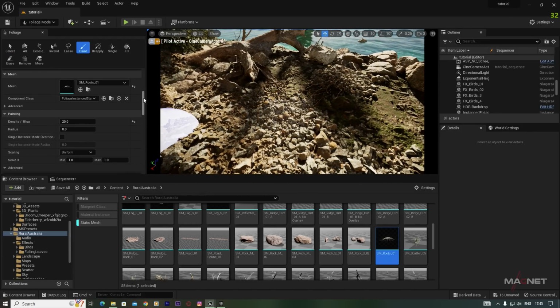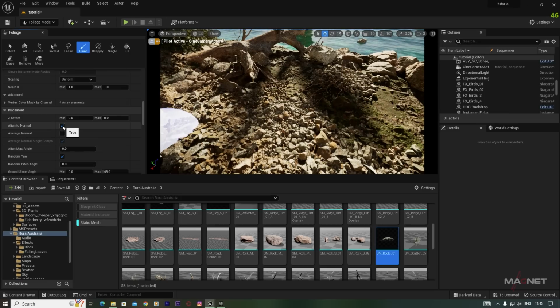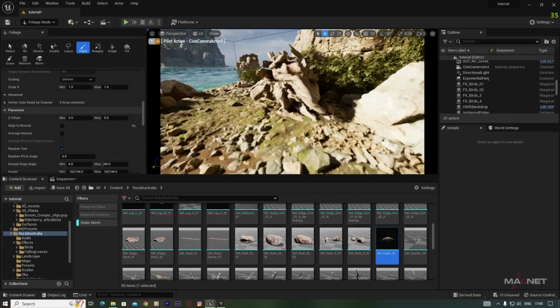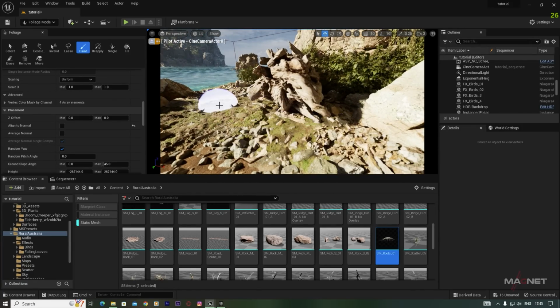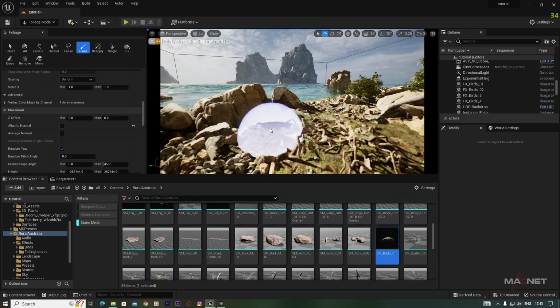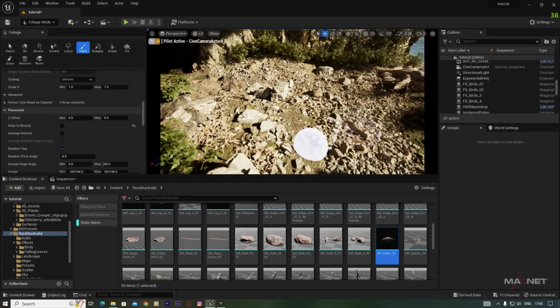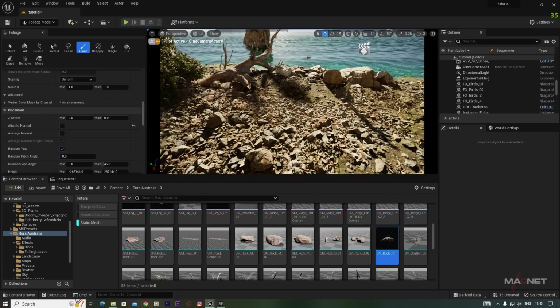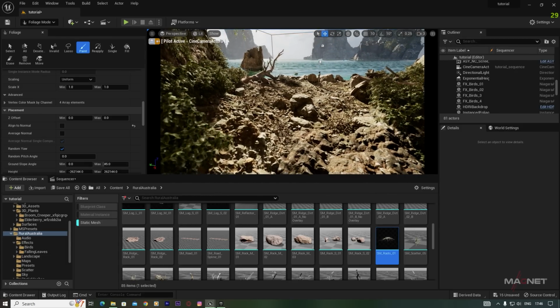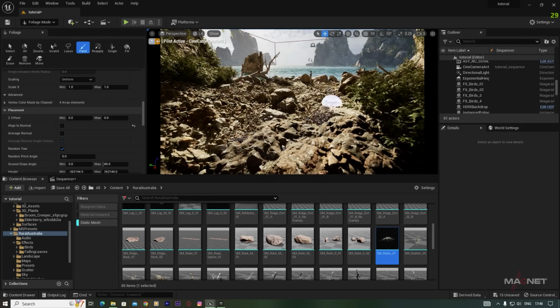And also remember that you can deselect this Align to Normal. Okay, so in that way you can nicely paint. Okay, just like this. So this looks nice, and in my original video you can see that I put a water surface also,